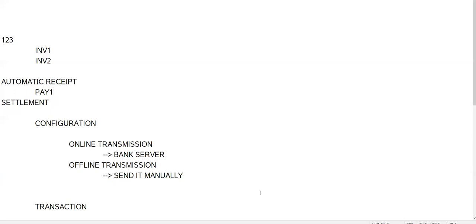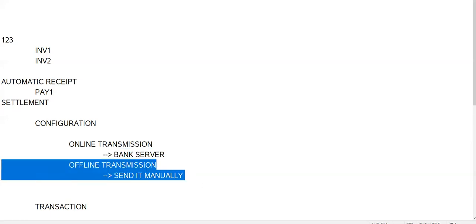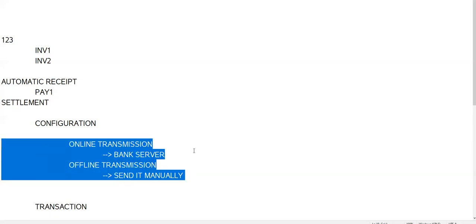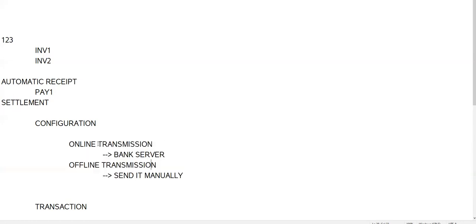The point to note here is that whenever we have to do any transmission, we need to have an integration with some system. So whether we do the online or offline transmission, we have to create a transmission configuration.